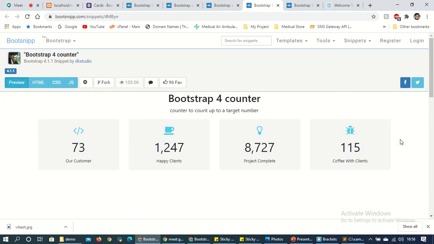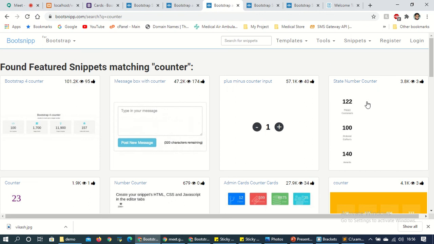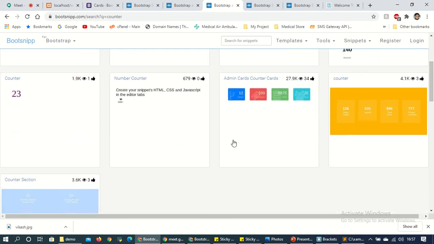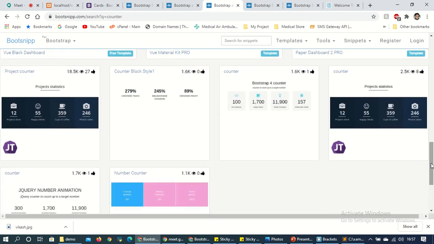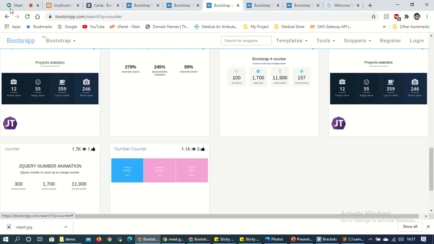So you can use this counter. You can also use an animated counter. Various types of counters are given, this one, this one. Based on your requirement, you can apply.